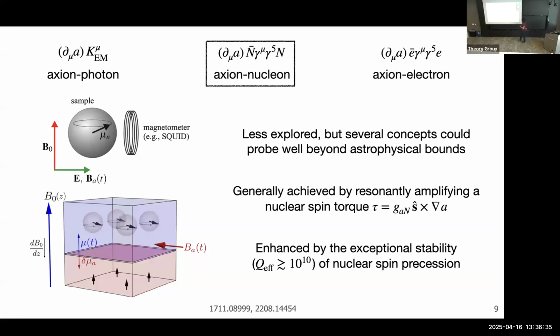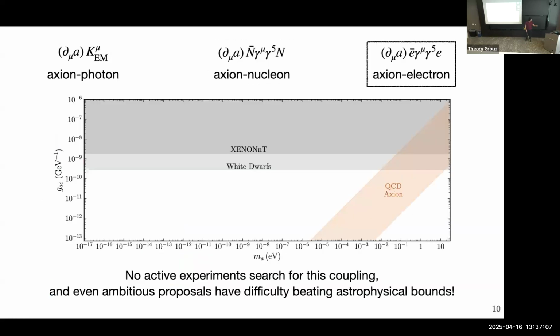And so then what people can do is that we have very good ways of controlling nuclear spins and measuring nuclear spin precession. In particular, if you have a very well-made nuclear magnetic resonance experiment, there's an effective quality factor of these oscillations, which is in excess of 10 to the 10. And that's because these nuclear spins are exceptionally well shielded from their surroundings. And so because you can get these enormous resonant enhancements, you can get very, very strong sensitivity to this term. So today I'm going to tell you about the axion-electron coupling. And so what I did was, 2 years ago, I decided to compile everything that's ever been done to probe this coupling. And so I eventually made this exclusion plot.